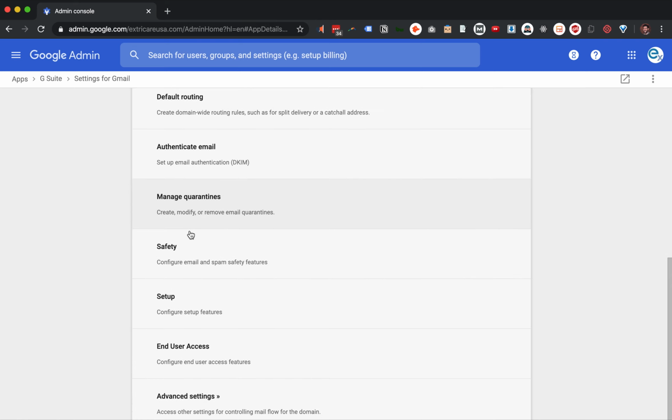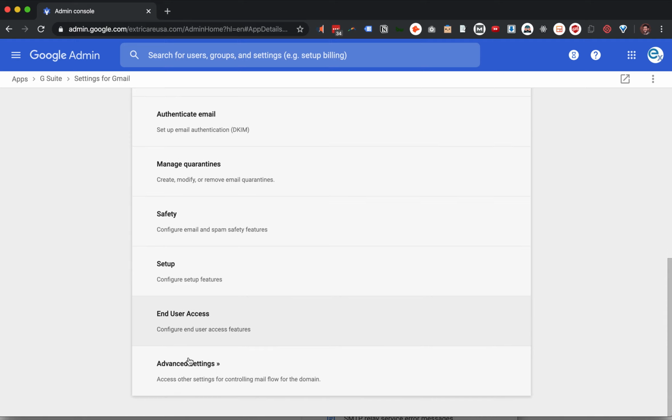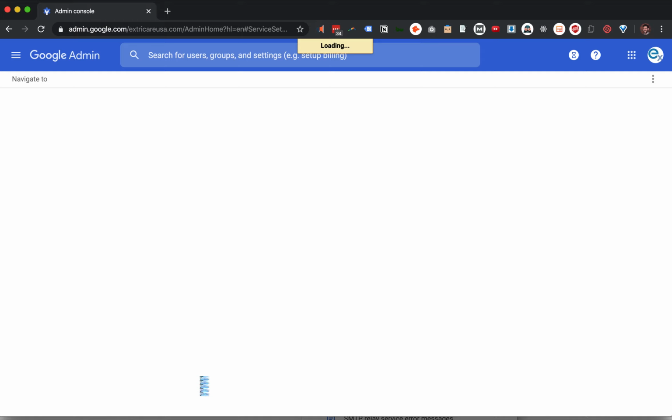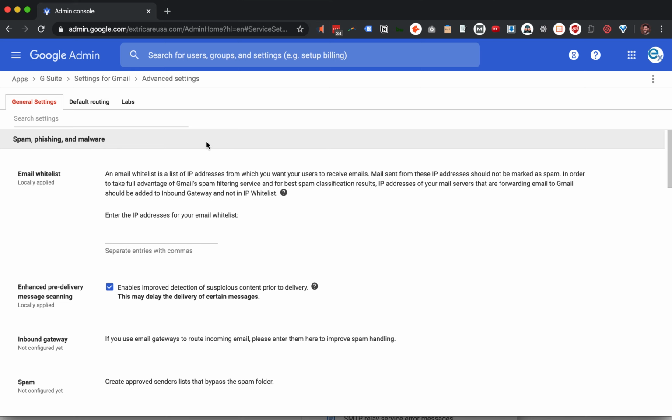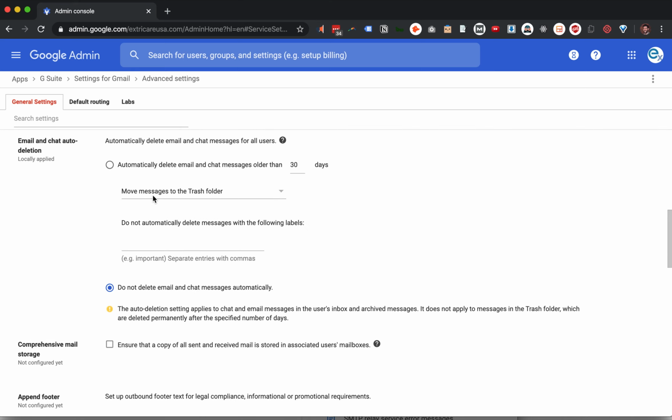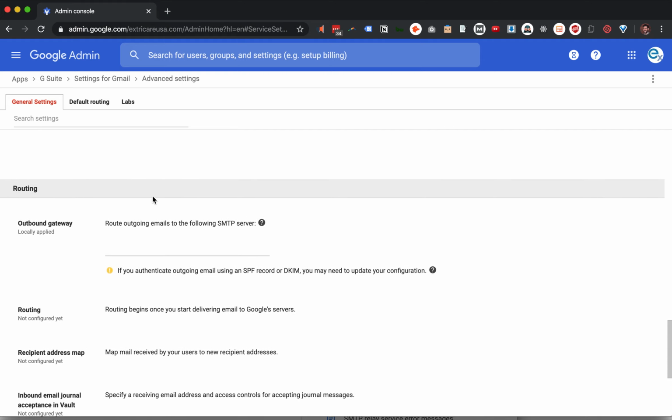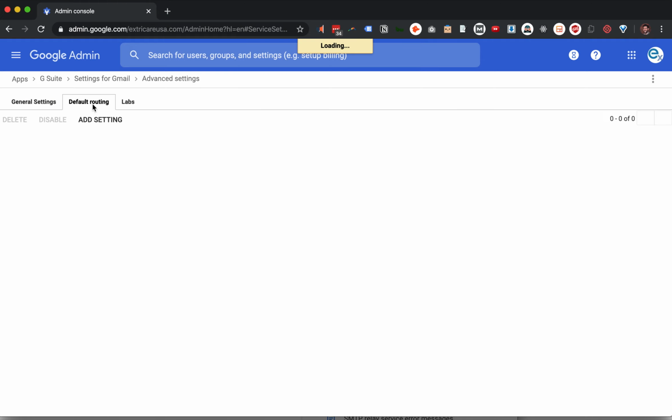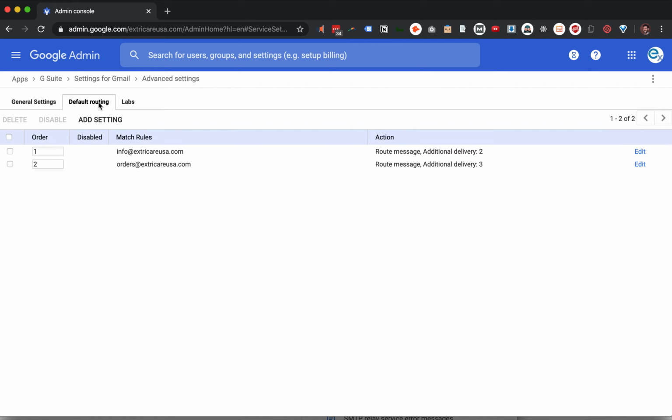you're going to scroll to the bottom where it says advanced settings. Let's make that a little more visible. Advanced settings. Let it load. And then at this point, we have a bunch of options, but what we're looking for is at the very top. It's this default routing. So now that we're in default routing, you're going to see an option to add a setting or to edit